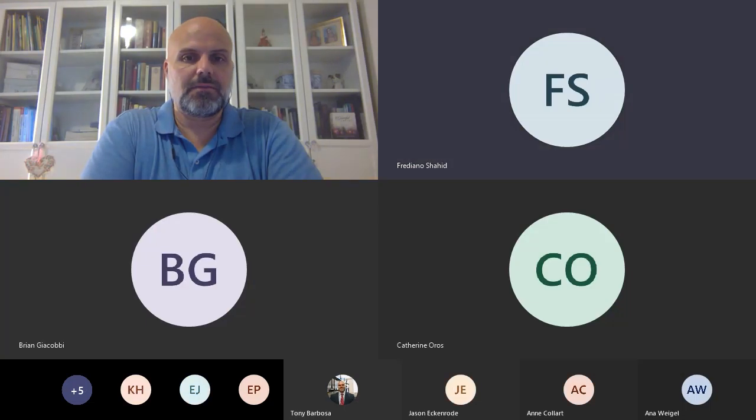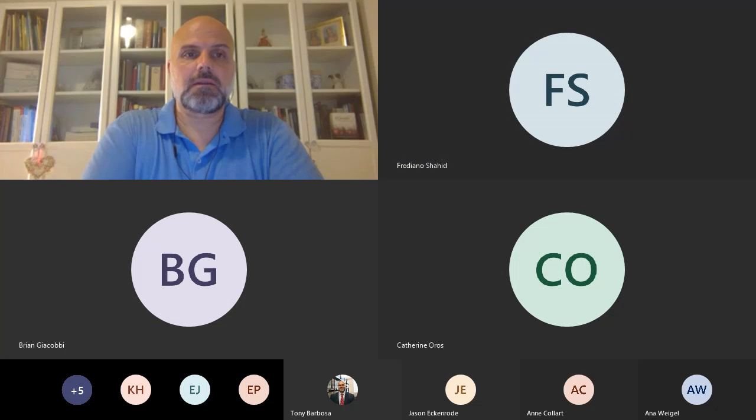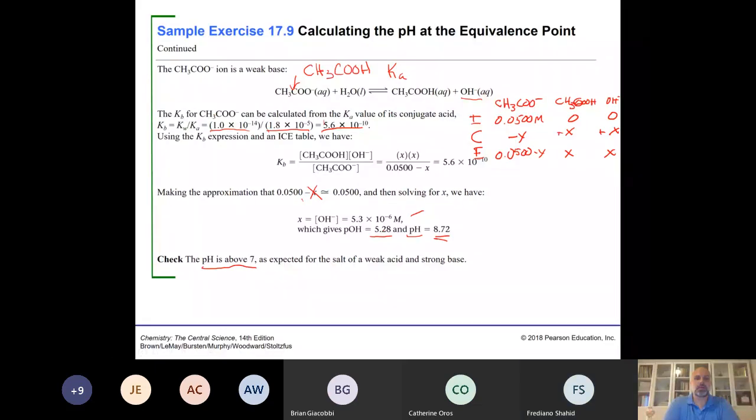Hey, Dr. Barbosa, I have a question. Yep. If we have the KB solving it the first way, why do we have to use the ice table to find it the second way? So the KB, I mean,